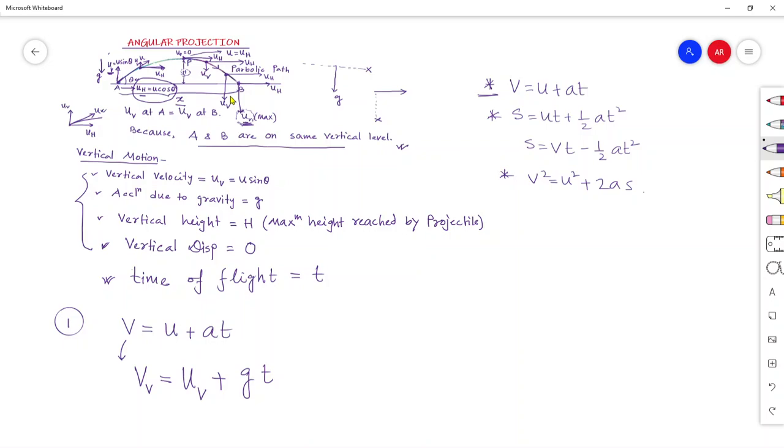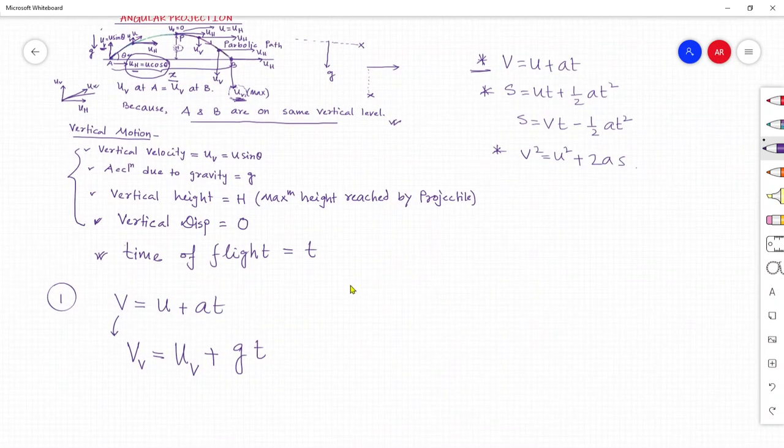This is one thing. Second thing is you are finding the time of flight. So when you started calculating this time of flight, that means from point A, you see the object moving in the upward direction. Although it comes back, although it falls down, you have to consider g to be negative throughout the entire motion of this parabolic path, throughout this trajectory. So right here, if I just write down